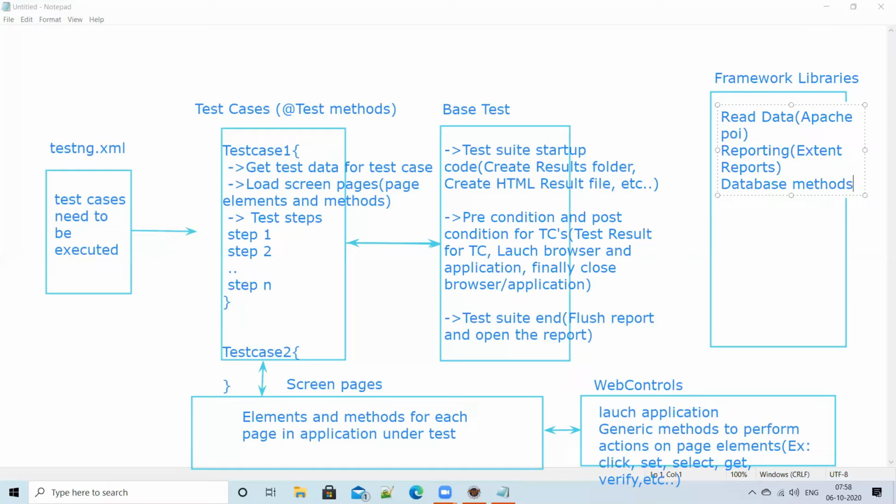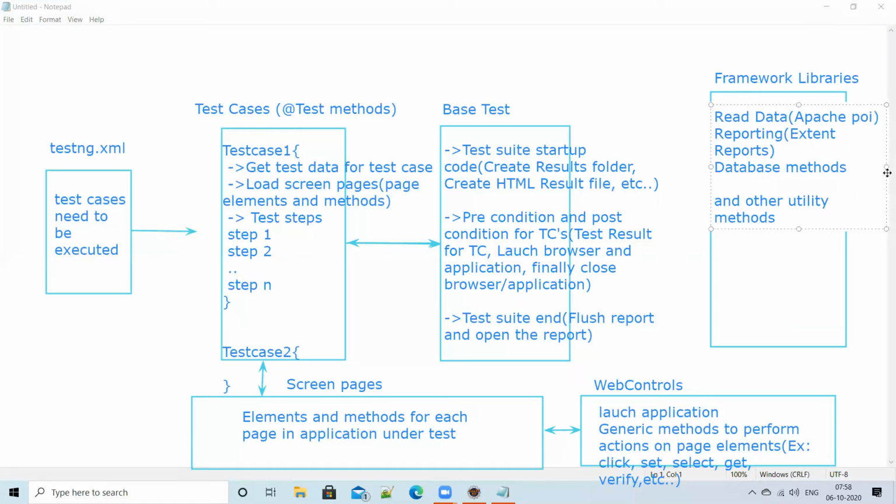What else? Whatever other utility methods are required. These methods are not specific to any application, so I can use them for any application. That's why they are part of the framework. Of course, web controls are also part of the framework, because we can use them for any web application.